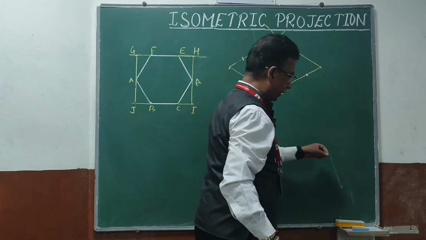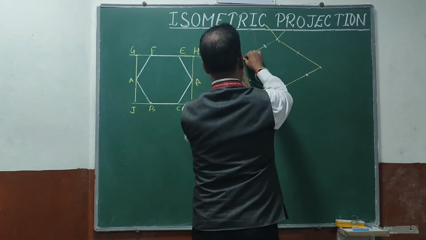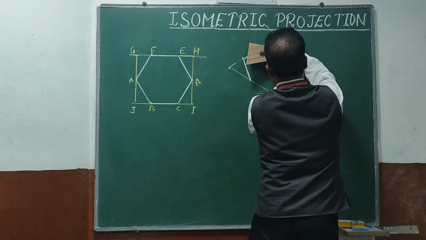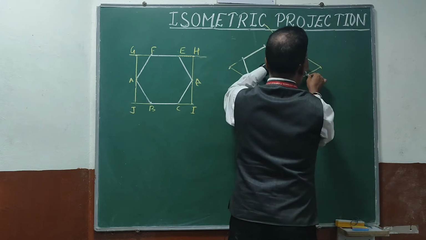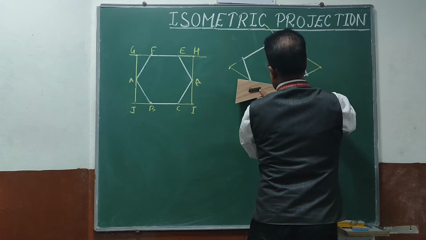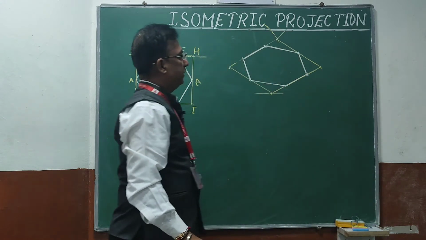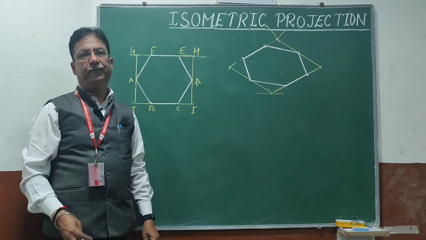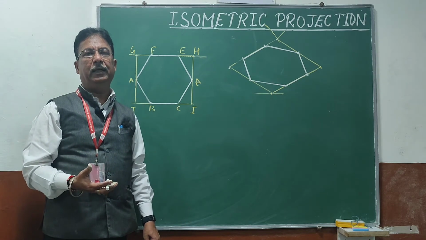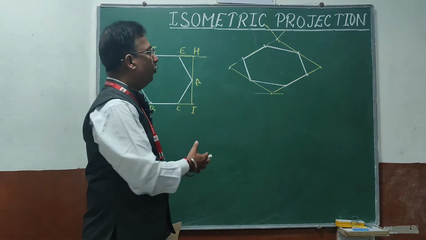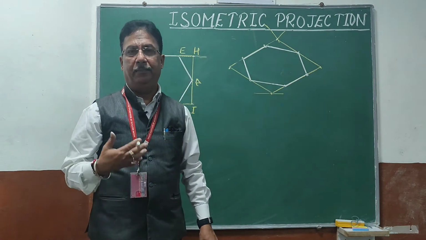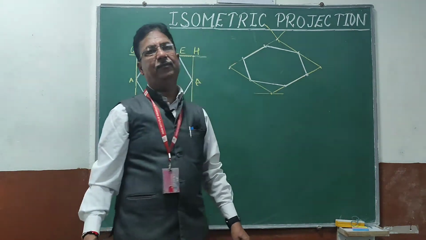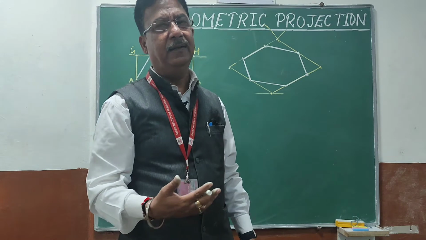Now look at the figure, I have got all the 6 points. If I join all those 6 points by straight lines, I can easily get the isometric projection of this hexagon. This is a very simple method. As I already told you, whenever you have any figure which has a non-isometric line, bound it inside a rectangle. Then initially plot that rectangle in the isometric projection. Maybe that will be the front view or maybe the top view. If that is the top view, then use two 30-30 axes. If that is the front view, then use 90 and 30 axes.